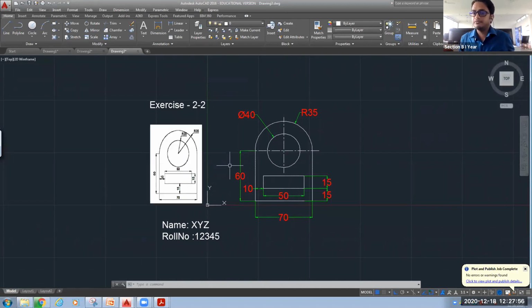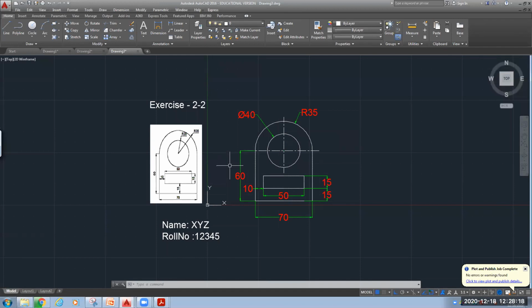So what new commands have we seen today? Trim. Compared to trim, next, offset. We saw offset that day. And line type.